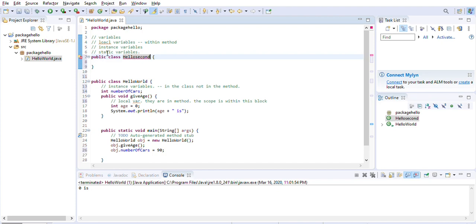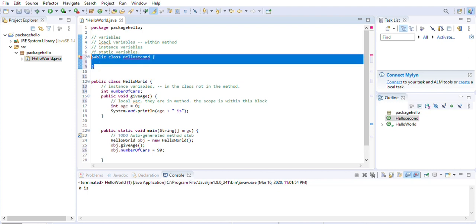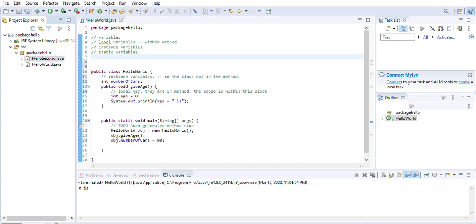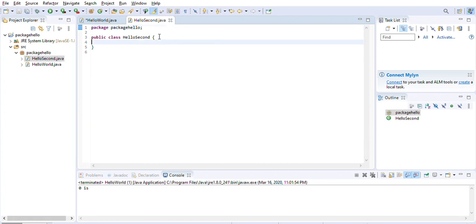Okay, so it says it has to be another file. So we can take this to another file. Hello second. Now over here we can have